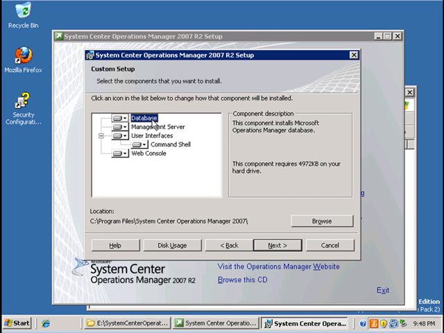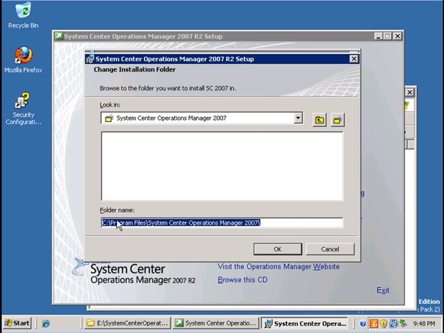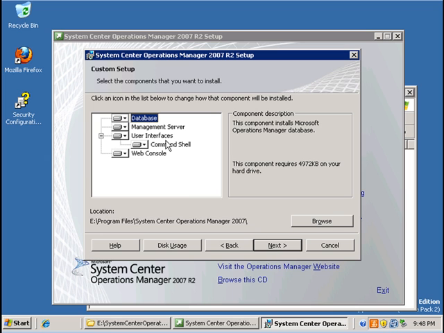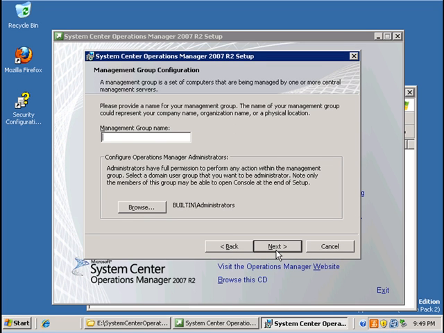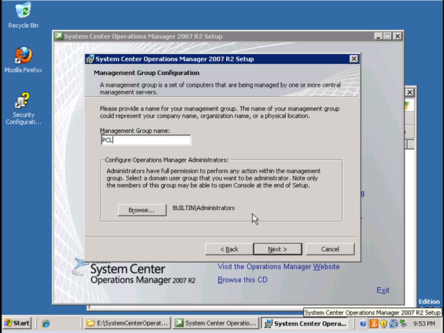So I'm just going to change the location to a drive that has enough space for my particular installation. Okay, and then we're going to continue with the installation. We're going to go next, and then here you need to give a management group name. It can be anything that you want, so I'm just going to call it some arbitrary name, and then we're going to leave it as the defaults here for administrators that have full permission to perform any action within the management group. So I'm going to leave it as is,